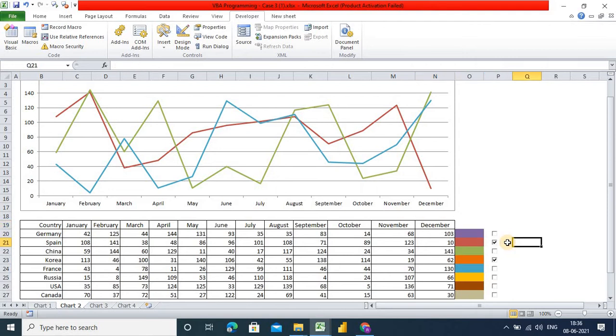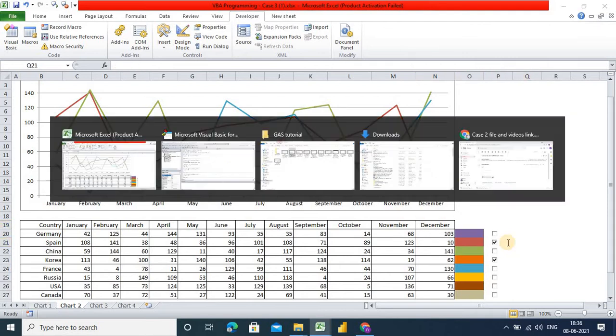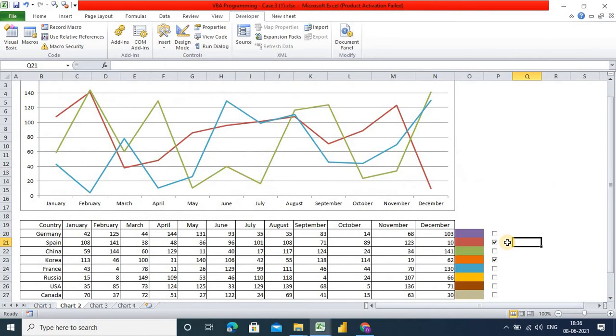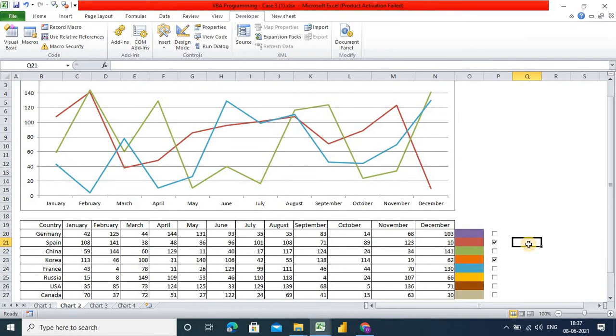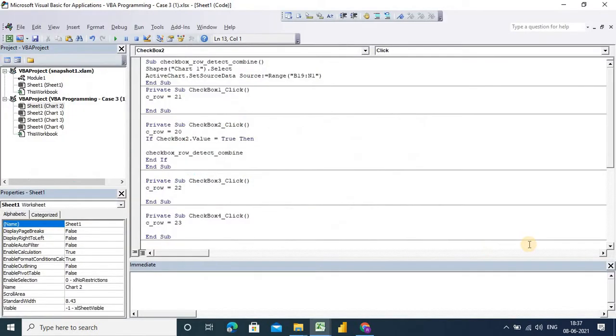So first of all we'll have to tag those rows. How will we tag them? By putting some value there, for the rows that we have checked, we should write yes. That's why I have put this column here for rows, so we can update any value, and on the basis of that value the macro will detect all these things.